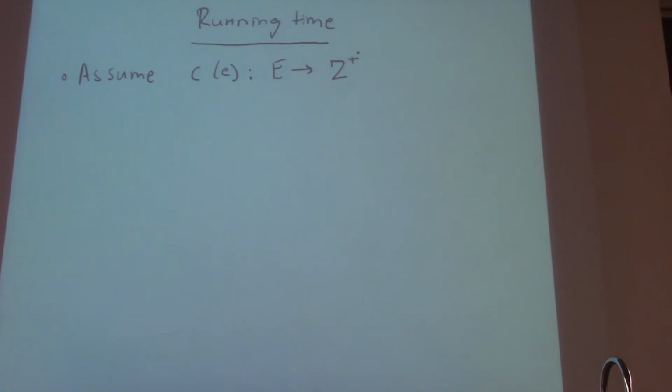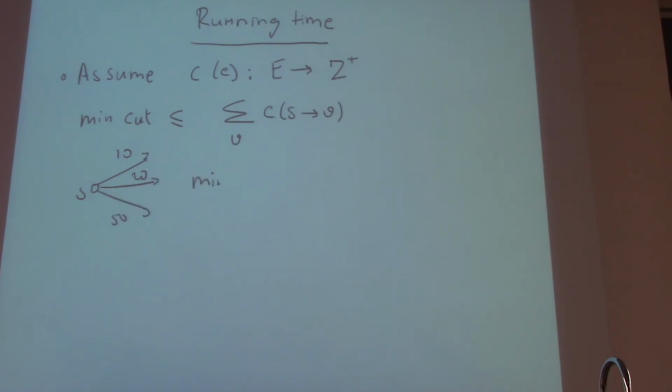You can do slightly better than that actually. In fact, you can say that the min cut is less than or equal to the sum of all the capacities coming out of the source. So if you look at the source, and you have one edge coming out that's say got capacity 10, another 20, 50, and so on, you know that the min cut has to be less than or equal to 80, because that's the total capacity coming out of the source. You can't have any more than that. You could do the same with the sink. Exactly. You can take the min of the two things.